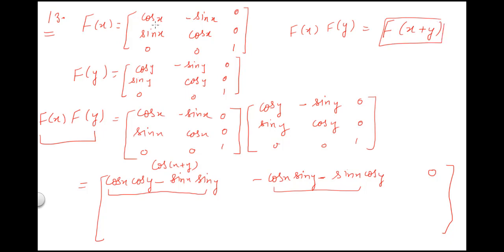So that means wherever we have x in the original matrix, at that place we will get x plus y. Rest all elements will remain same. So see, here we have 0, we have got it. Similarly, when you will be doing for the second row or the third row, you are going to get the same elements. Here if you take minus common, it will be plus. So again it's a formula of sine of x plus y.